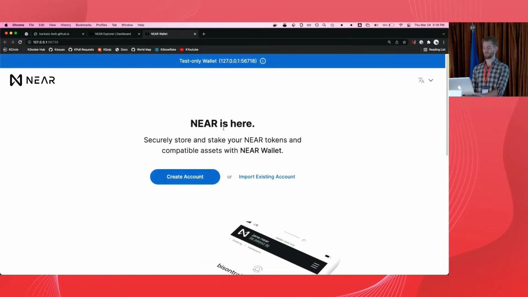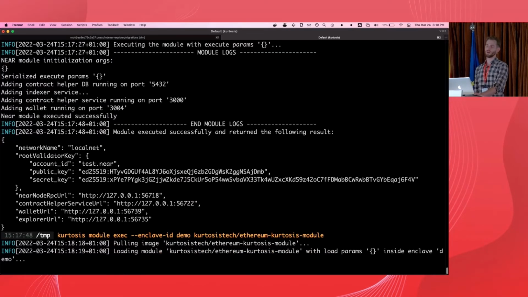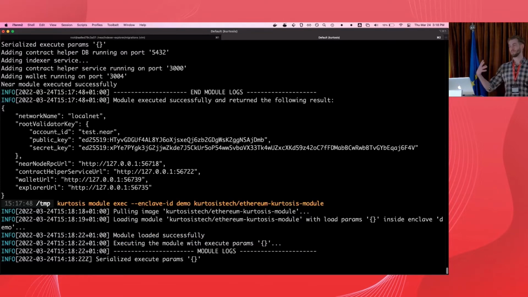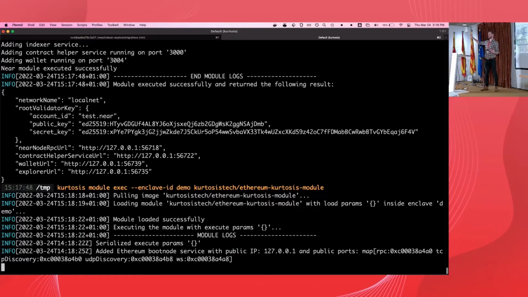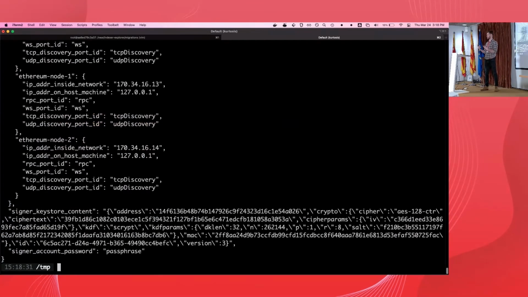Explorer instance, your local wallet instance, and this is going to be fresh. So I could just utilize this and spin it up and tear it down. But of course, maybe I'm building a bridge. If I'm building a bridge, it would be great to have connections between two different blockchains. If we switch this to the Ethereum Kurtosis module, then we can execute the same idea of a bunch of packaged Kurtosis steps inside of the enclave to eventually yield both a Near network and an Ethereum network. And on top of that, I could use all the stuff that I've already done before, the service adding, to add any microservices that I might need, as well as deploying contracts to both of them for testing